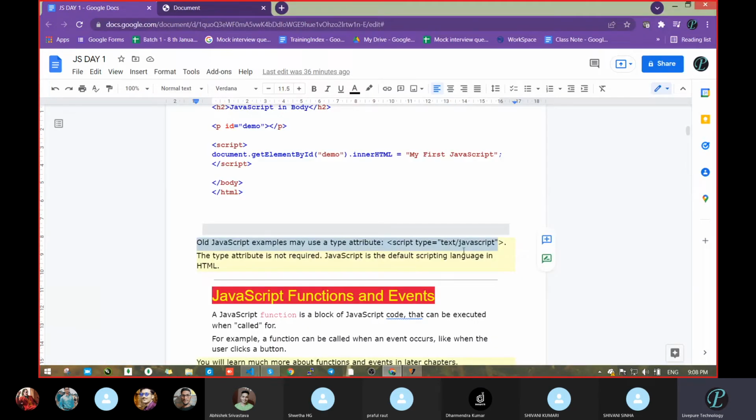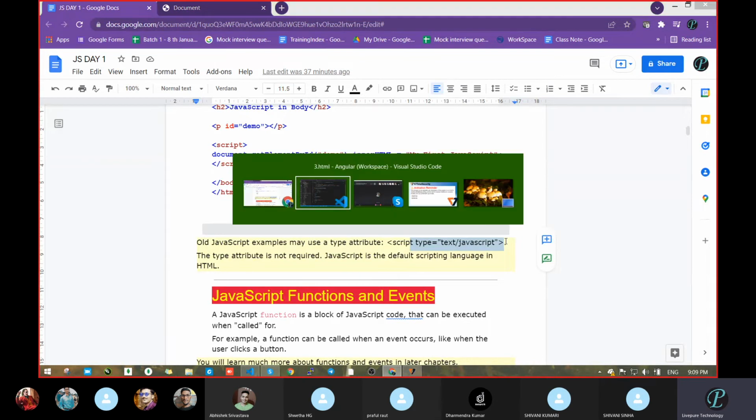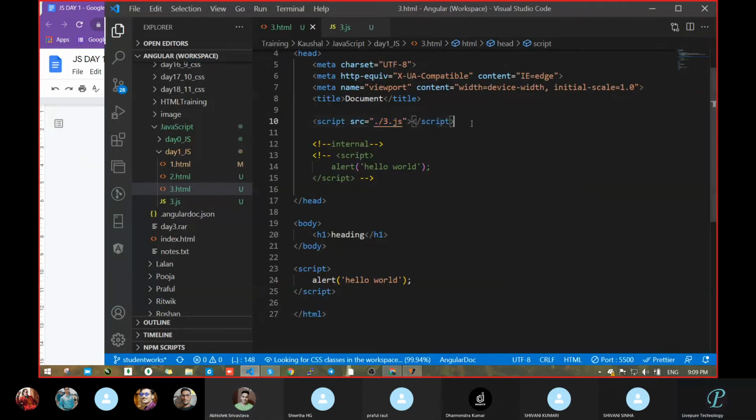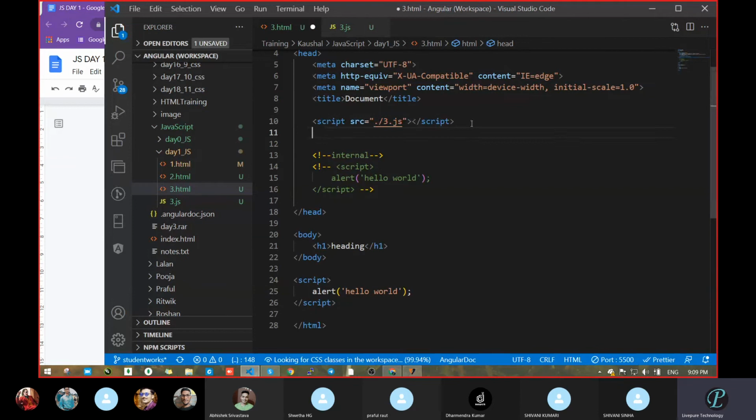Okay, but in the previous case, I mean the old one, it was written like this, type equal to something. The same thing was written in CSS also, type equal to something. I think now also it comes or not, I have not seen. Link, rel is there, stylesheet, okay, and href. So the same type was in JavaScript also.